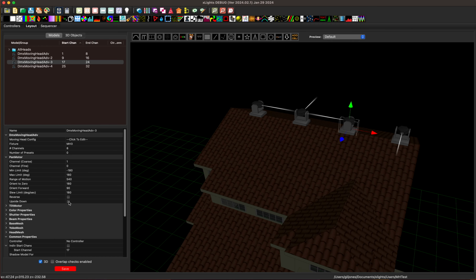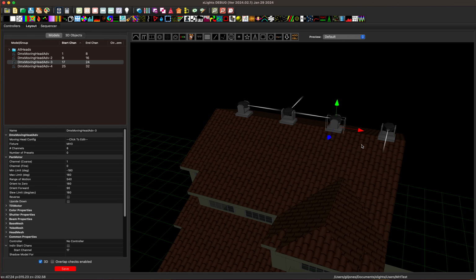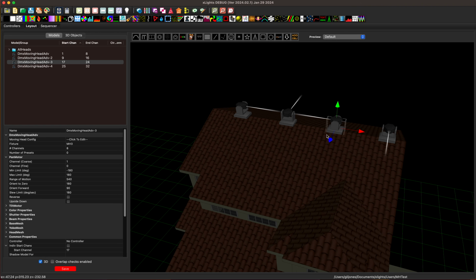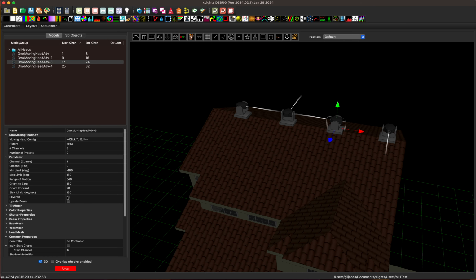And if your motor runs the opposite way from the way this runs in here, you can tell that motor to flip. If you were hanging it upside down, then you would do the upside down setting because that tells it to invert everything. Okay, so for fixing the pan on this guy, assuming he rotates clockwise, because we haven't reversed that pan motor,